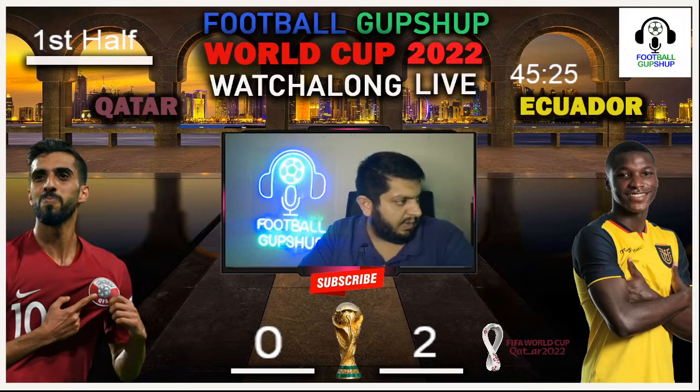And right now, Qatar once again with the ball. This is going to be very interesting. Once again on the ball, let's see what can they do. Pushing the ball out on towards the right. Right now, Qatar once again with the ball. This is turning out to be quite interesting. Once again, Qatar trying to push the ball forward.